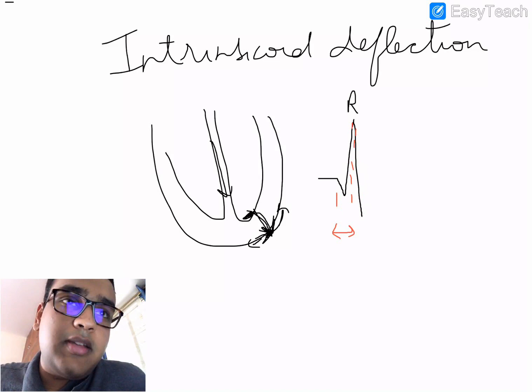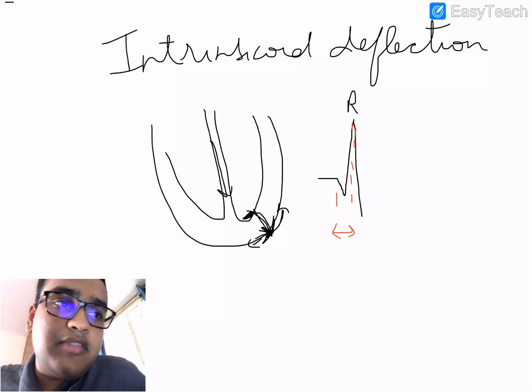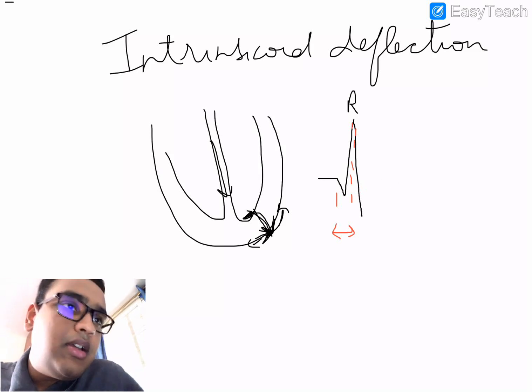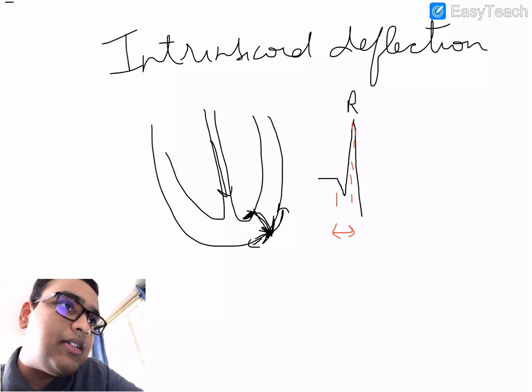When there is ventricular hypertrophy, you get that M pattern, W pattern, which is in bundle branch block, and in ventricular hypertrophy you can find this time taken is increased. So the QRS becomes broader, and we'll discuss that later when we discuss abnormal ECGs.